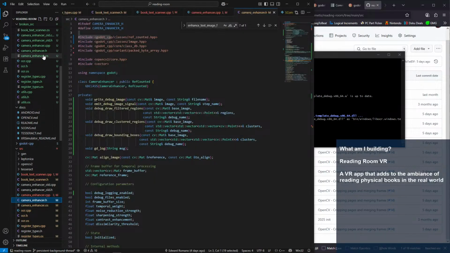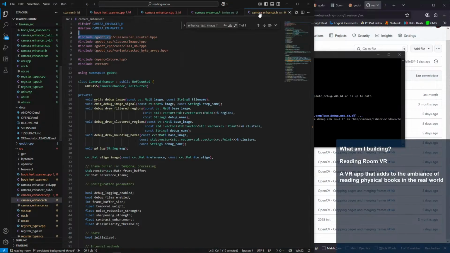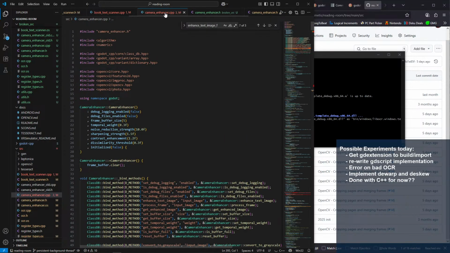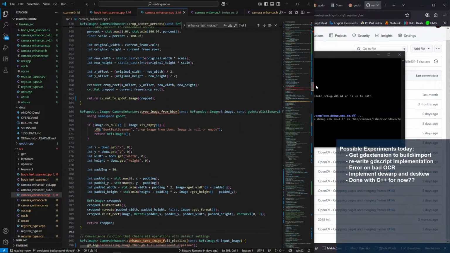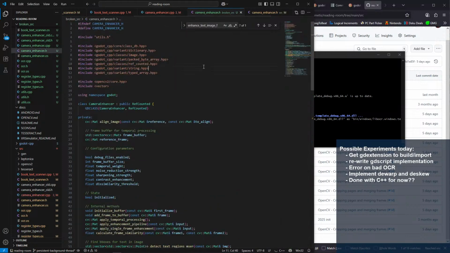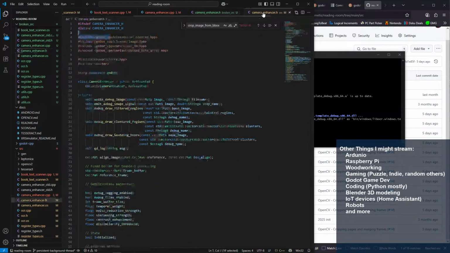And then where's the old? Of course, it's doing the thing again. So we are complaining about it again from enhanced. Yeah, of course, it's going to go in the same spot.